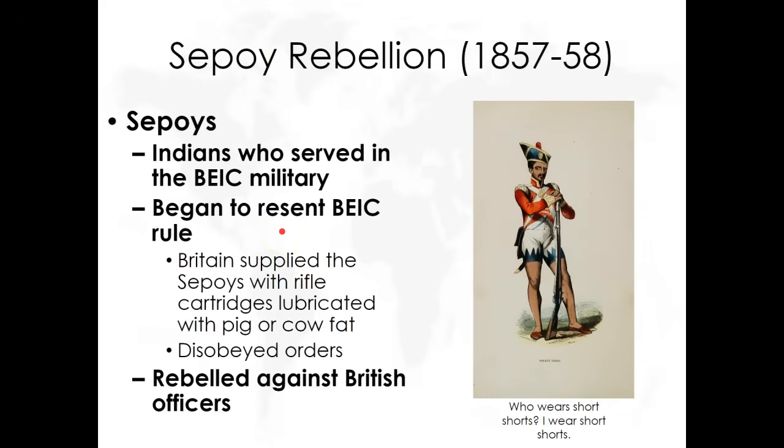So basically, after 75 years of British control, and then all of a sudden the sepoys are given a new type of bullet cartridge, rifle cartridge, that is lubricated in pig and cow fat, which is against both the Hindu and the Islam religions. They revolt against the British, and it's like a year-long countrywide revolt in India. The British are going to crush this revolt, but it's important because, A, what can we talk about? What can we label this failed rebellion as? This is Indian nationalism. They're revolting against their colonizer.